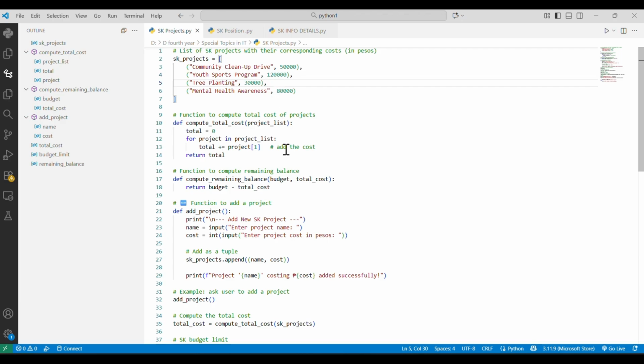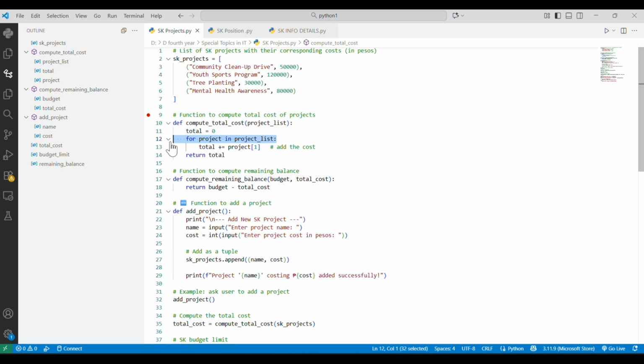So next, this function adds up all the project costs. We have the total equal to 0 as the starting value, for the project in the project list.